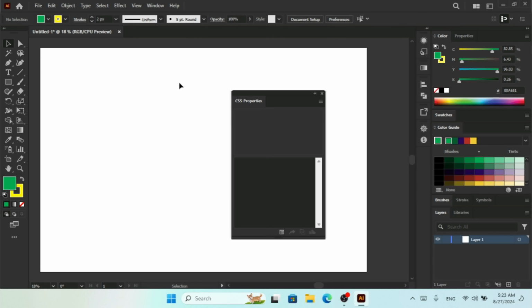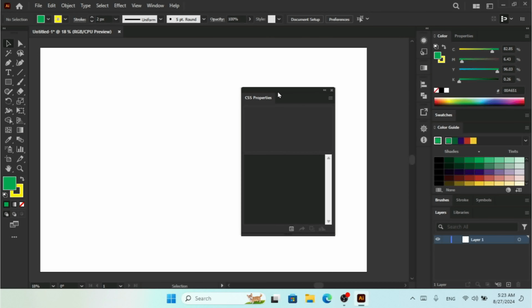If you click on CSS properties, it's going to show you this panel, but there is nothing available. CSS stands for Cascading Style Sheets. We use this language for styling HTML pages. And if you want to help any of your colleagues in your office, if your colleague is a web developer